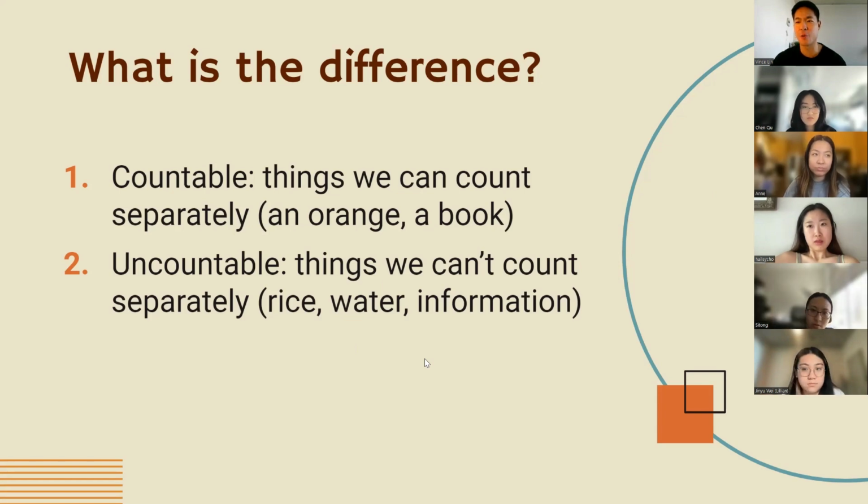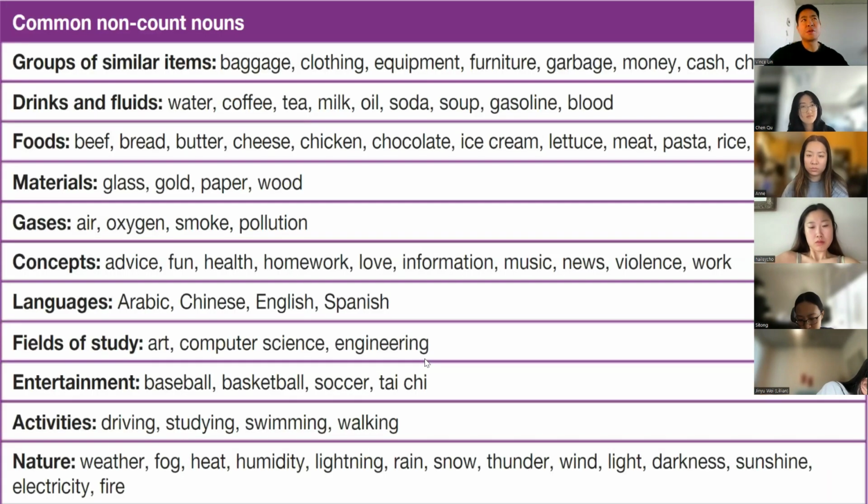No, right? It's a whole thing, right? Yeah, exactly. So same thing for information. It's abstract, right? You can barely count it, right? Yeah. Okay. So after we talk about the difference between countable and uncountable, sometimes we have some confusion